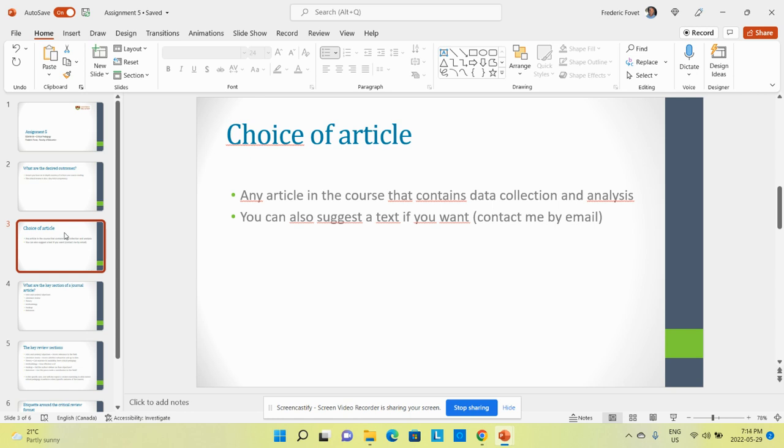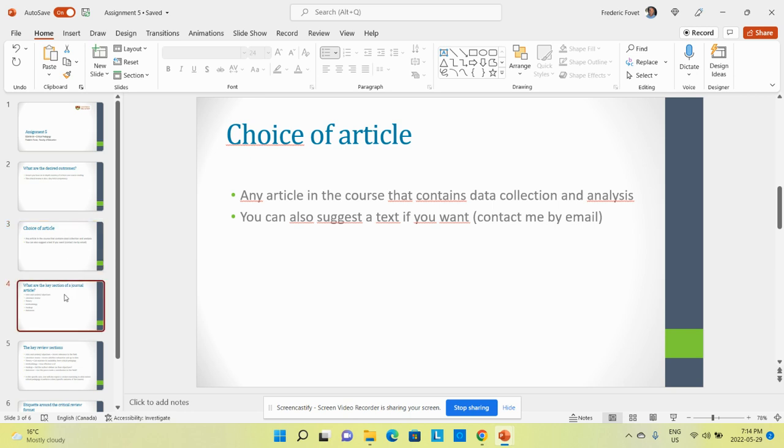How do you see whether there's data collection and analysis? There's a methodology section, and the author actually explains to you how they went about doing a study and then collecting the data and analyzing it. You can also suggest a text that touches on critical pedagogy, and you can do so, but I would recommend that you vet it through me and that you contact me by email just to check the suitability of the article before you throw yourself in. Obviously, there's that section where we looked at very significant articles, with the Lead and the Smith articles and all those. There, often students default back to those, but you could use any of the others as well